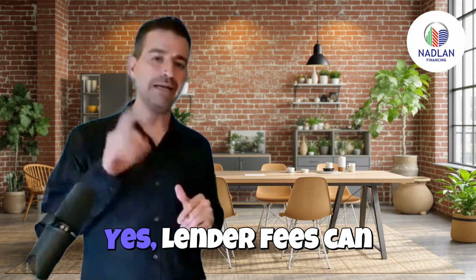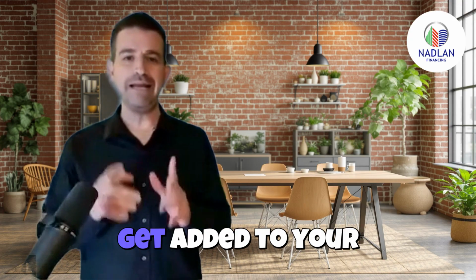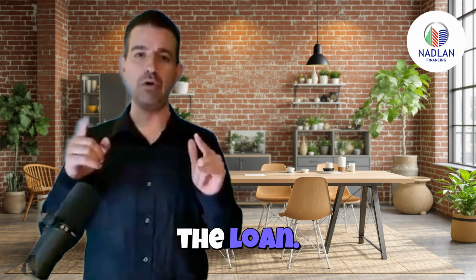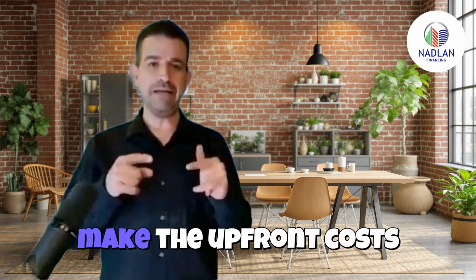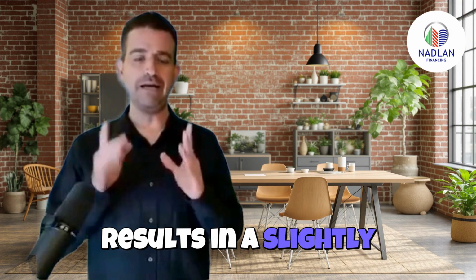Can lender fees be financed into the mortgage? Yes, lender fees can be financed into your mortgage. This means the fees get added to your loan balance and you'll pay interest on them over the life of the loan. While this option can make the upfront costs more manageable, it often results in a slightly higher mortgage